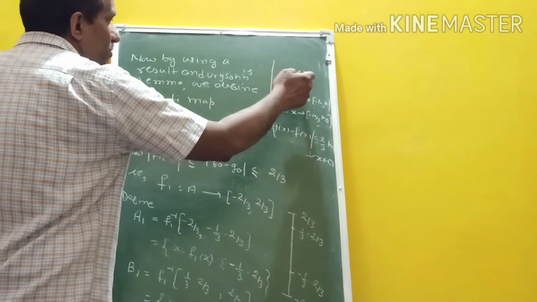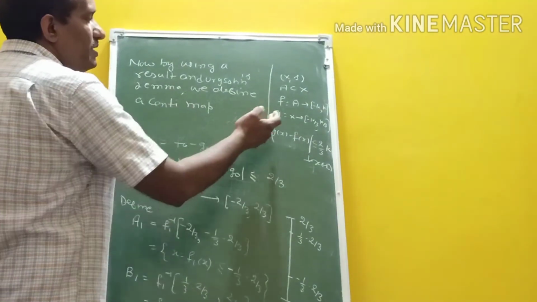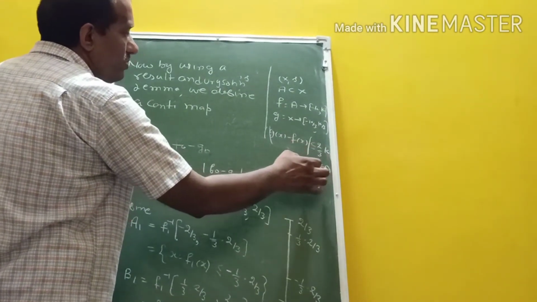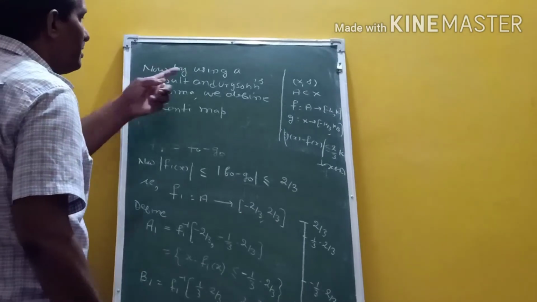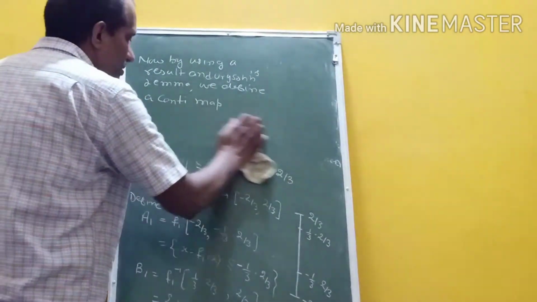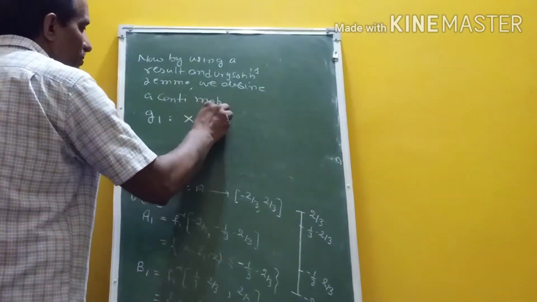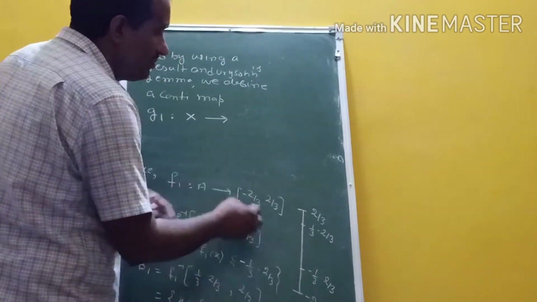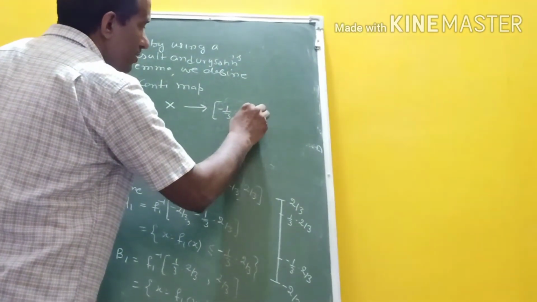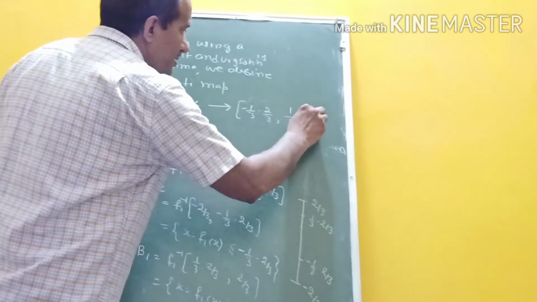X is a topological space, A is a closed subset of X, F is a continuous map from A to minus K to K, then there exists a continuous map G from X to minus K by 3 to K by 3 such that the absolute value of G of x minus F of x is less than or equal to 2 by 3 K for all x belonging to A. Now using this result and Urysohn's lemma, we define a continuous map from X to, from here to here, minus 1 by 3 times 2 by 3, comma 1 by 3 times 2 by 3, and